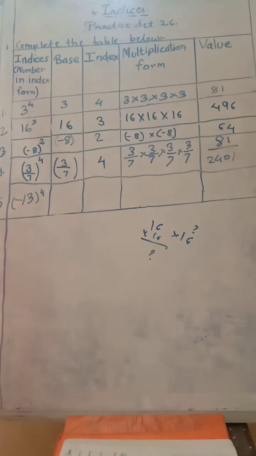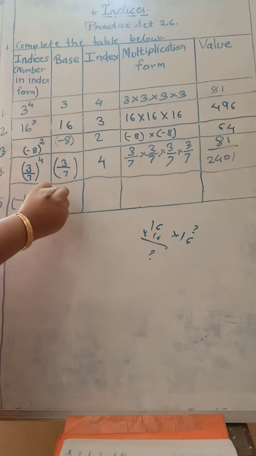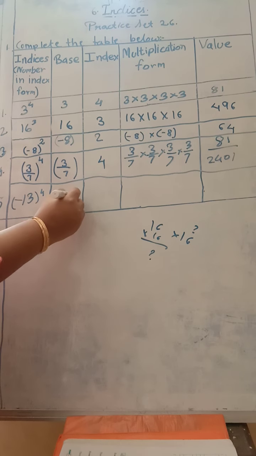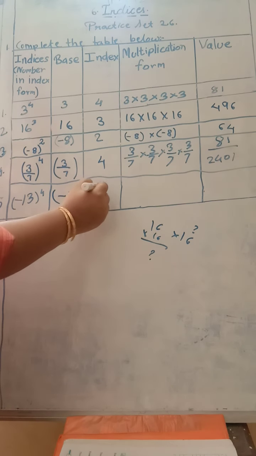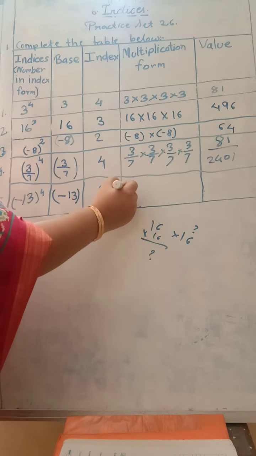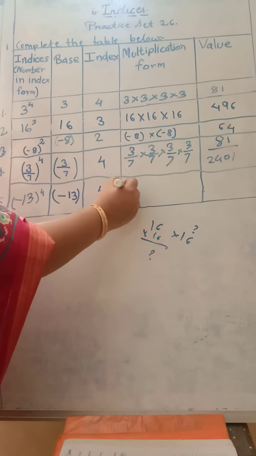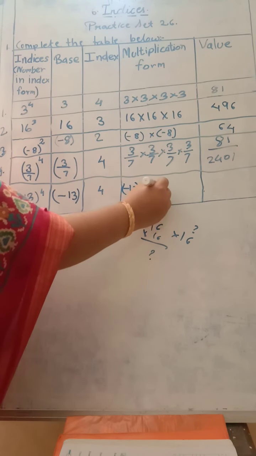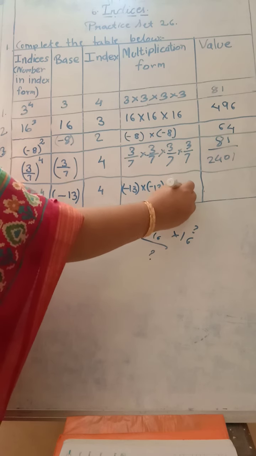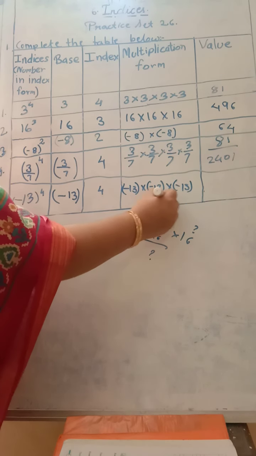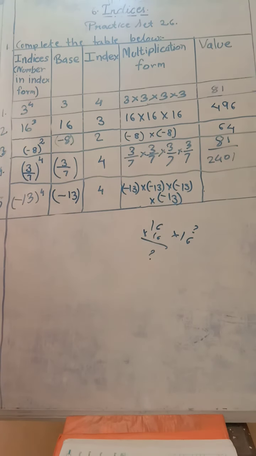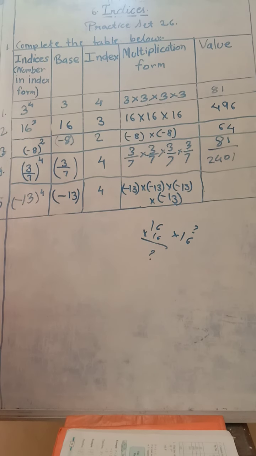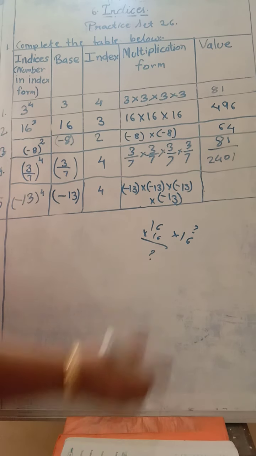And the last sum, negative 13 raised to 4, or the fourth power of negative 13. How will we write it? What is the base? Negative 13. What is the index? 4. How will we write it in multiplication form? Negative 13 multiplied by negative 13 multiplied by negative 13 multiplied by negative 13. And when we multiply negative 13 4 times, the answer is